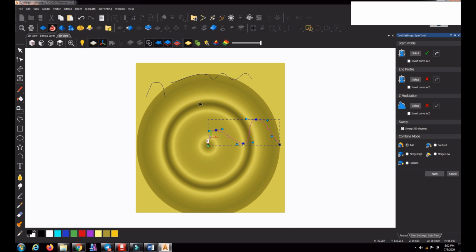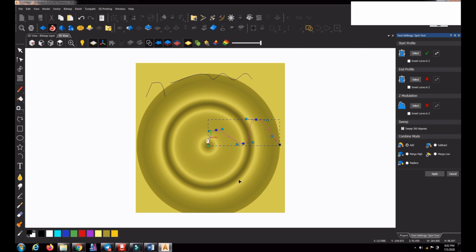What is happening is that this start profile goes for a 360 degree round rotation. It is equivalent to using a drive rail: if we create a drive rail, the start profile moves along it. Here the start profile moves in a circle, so by default the drive rail for the spin command is a circle.